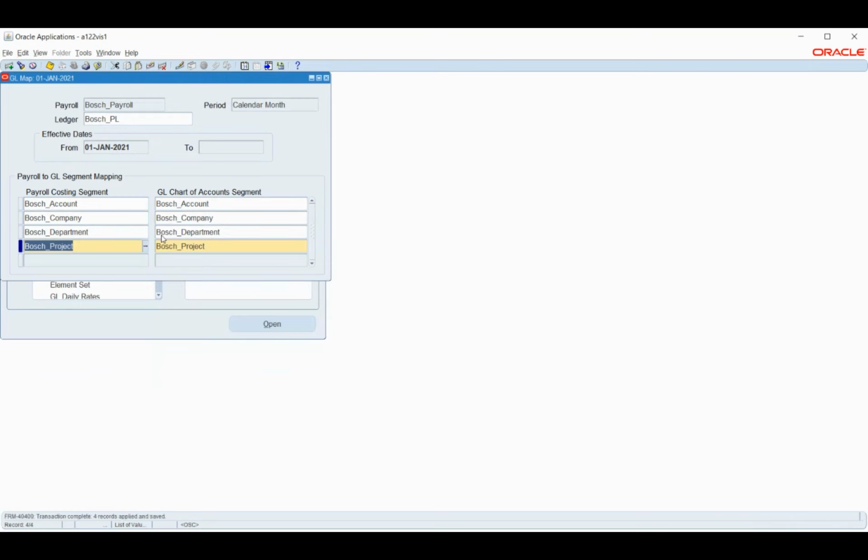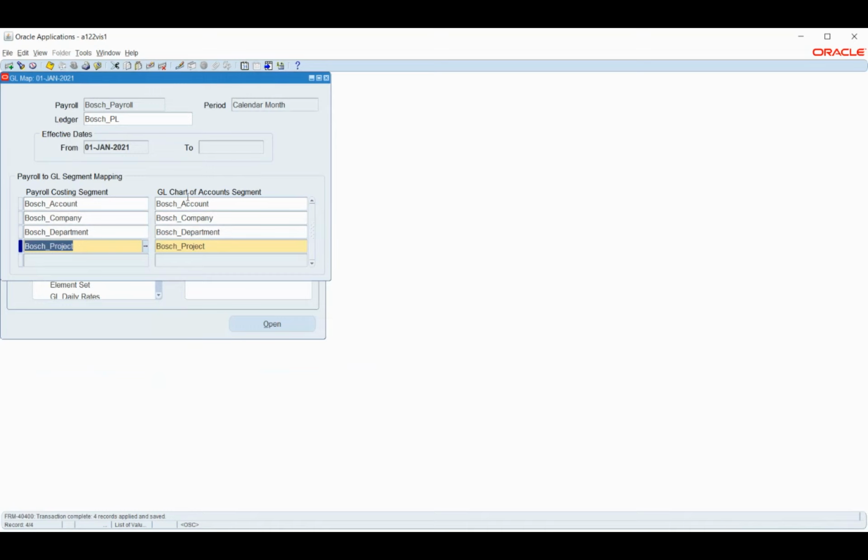So basically the reason why we have to do this mapping is that unless we do mapping, when we transfer our accounting entries from the payroll module to GL, the system will not understand, because our payroll structure is different. In this case, we have taken a similar structure, but it is not always that we will have the same structure, that is a costing segment. So we might have a different set of segments, and we might have different segments in accounts as well.